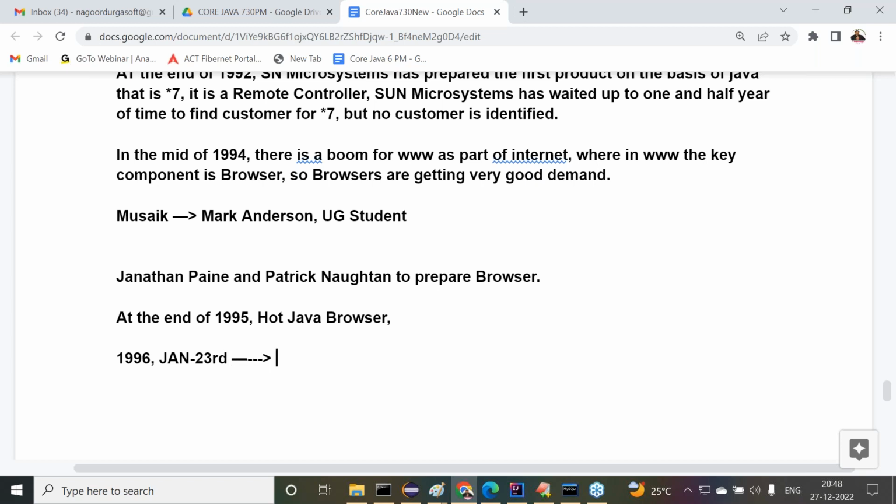What is the name of that first version? JDK 1.0. On January 23rd, 1996, the very first version of Java was provided to the outside market: Java Development Kit 1.0.